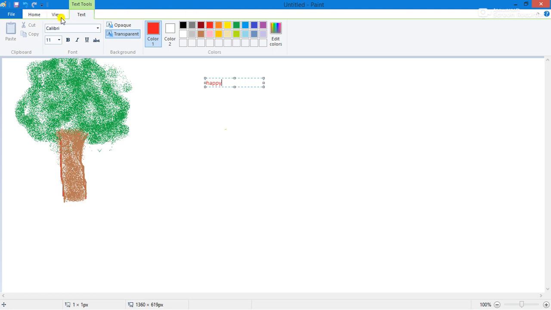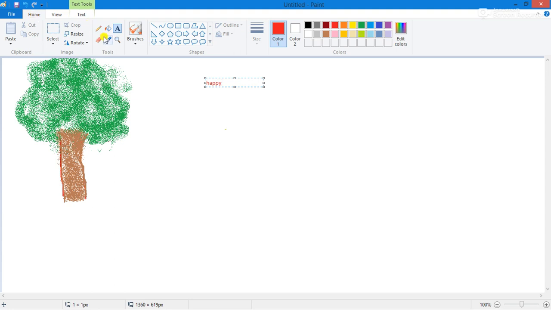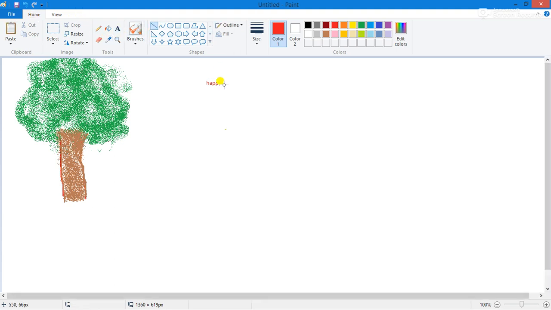Line tool is used. Then go on the home tab and select line. I selected the line tool. Line tool is used to draw straight lines, and if I want to make the size thin or thick, I will choose the size option, and from here I will choose the thin size. Then we have a rectangle tool. A normal rectangle has 4 sides, and then a rounded rectangle. You see there is a difference between rectangle and rounded rectangle. A rounded rectangle has rounded corners.